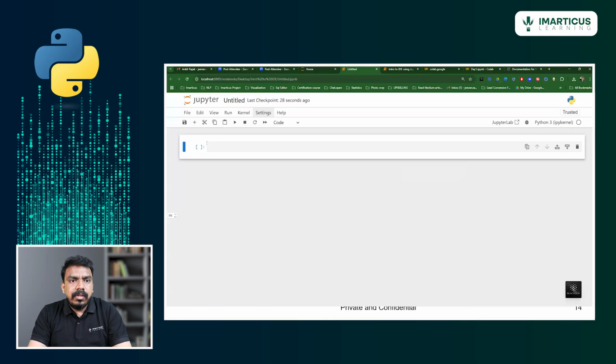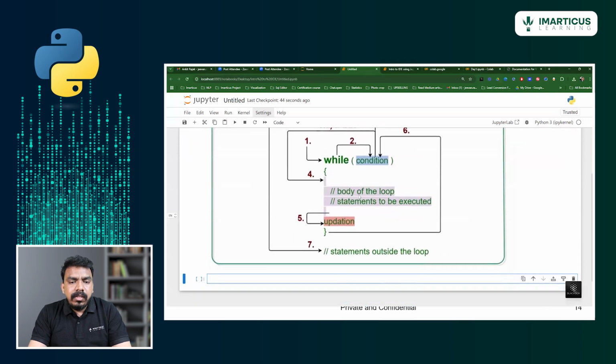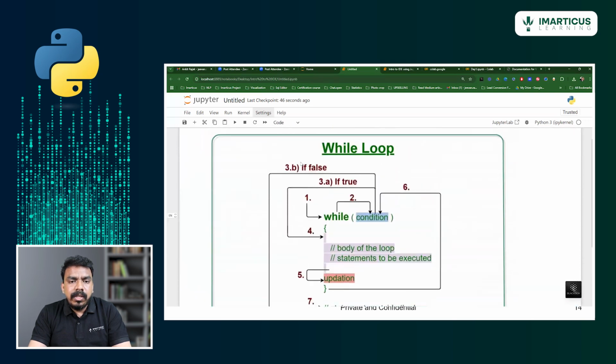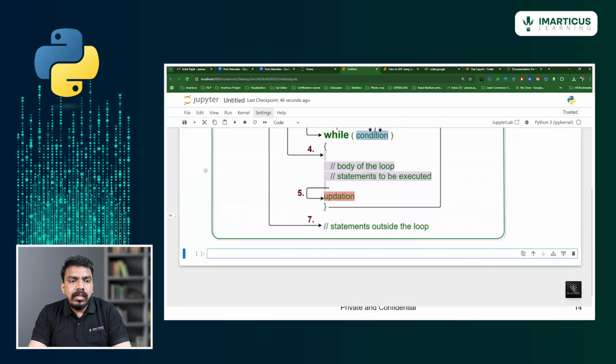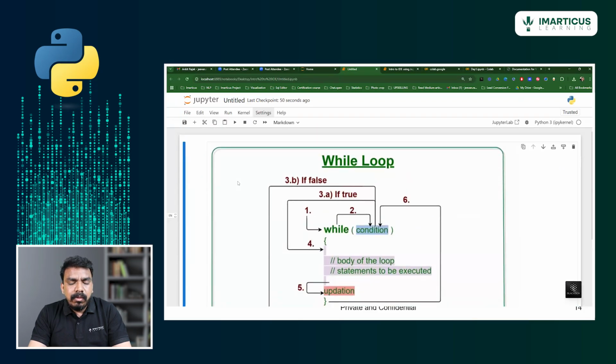If you want to attach images, I just took a screenshot of my image. What you can do is first convert this particular cell to markdown. First I will press M to convert my cell to markdown, and I will paste the image in PNG format. Can you see here? The link is attached and the image is displayed. This is how we can attach an image in an IPYNB file.